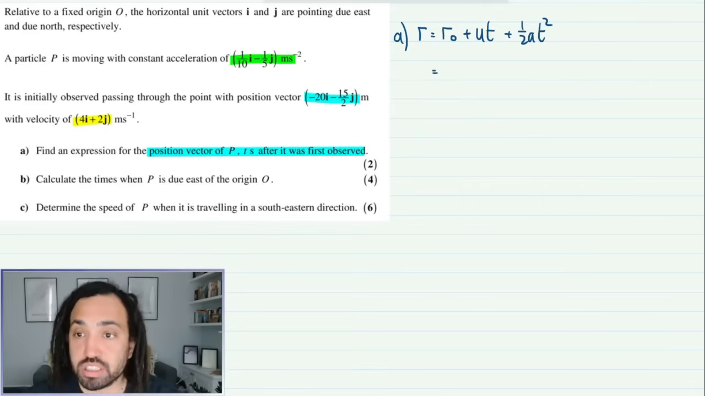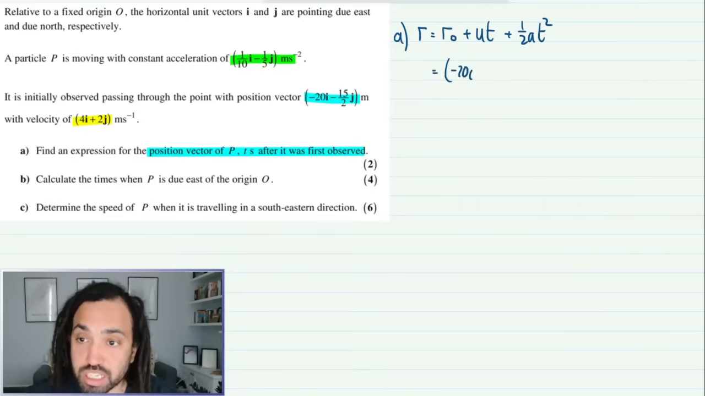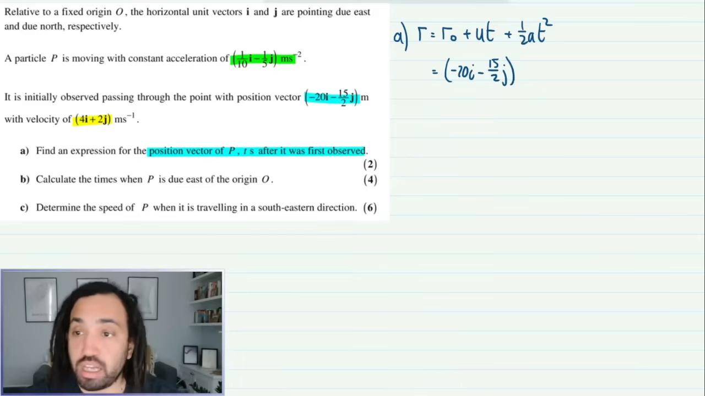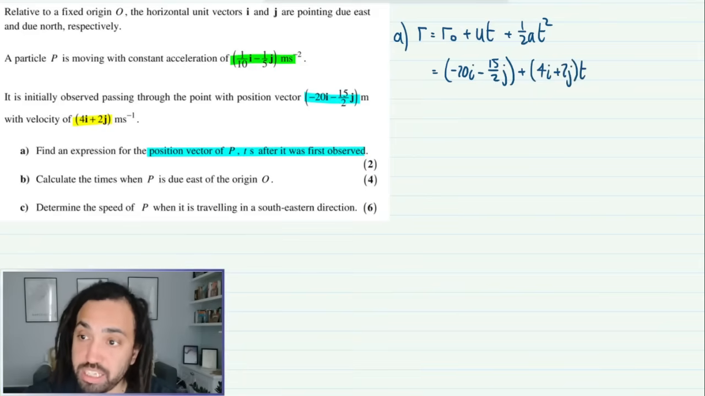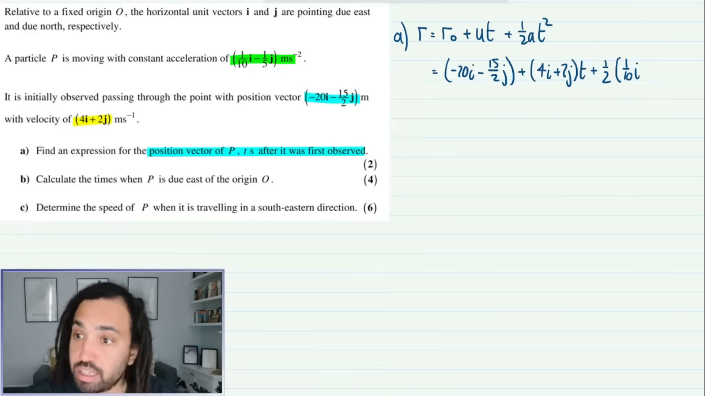So this is going to give us the starting point, which is minus 20i minus 15 over 2j, and then plus the initial velocity, which is 4i plus 2j times by t, and then plus a half of the acceleration, which is 1/10 i minus a fifth j times by t